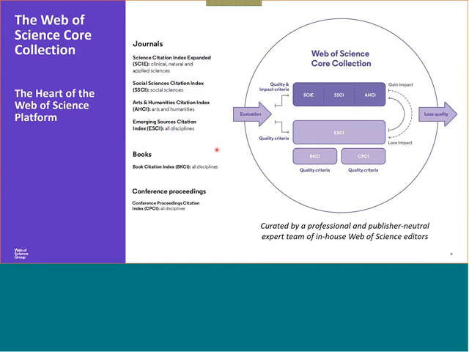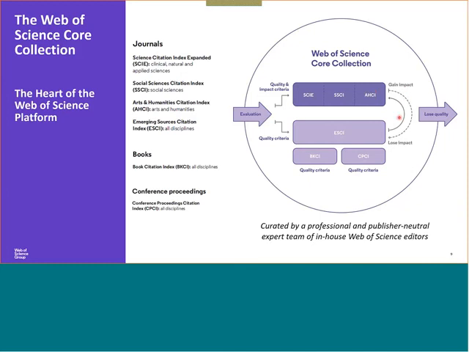Okay? So I will elaborate a little bit more about the journal selection process, where any journal that wants to be indexed in the Web of Science core collection goes through an evaluation for quality. If they fulfill the 24 quality criteria, they will be indexed in the Emerging Sources Citation Index. If they fulfill the additional 4 impact criteria, they will be promoted into the Science, Social Science, or Arts and Humanities Citation Index, depending on its discipline.